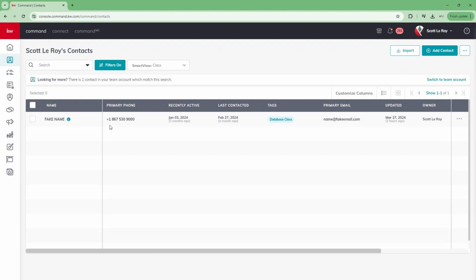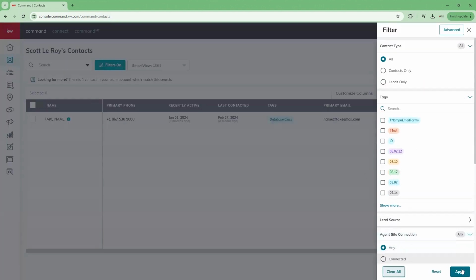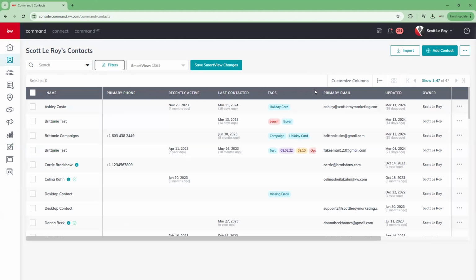If you have not already added contacts to your smart plan, this is what your contacts database looks like. Let me turn my filter off. When we are looking at our contacts, you have a few ways that you can add them to a smart plan. We can find the particular contact that we're looking for, go all the way to the right side, and click on our three dots here. Then you're going to see either view smart plans, which shows you all of the smart plans that you have added this contact to,